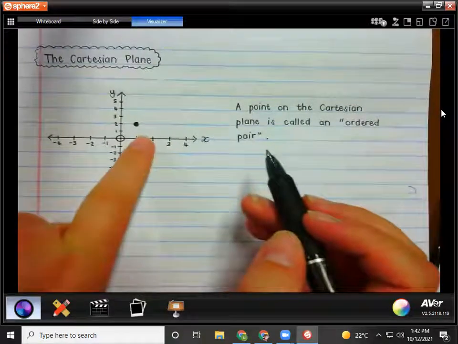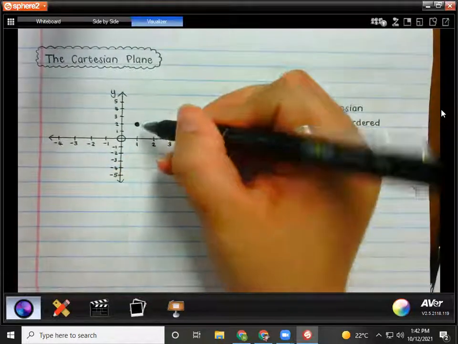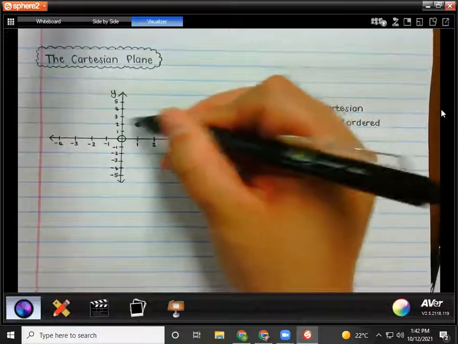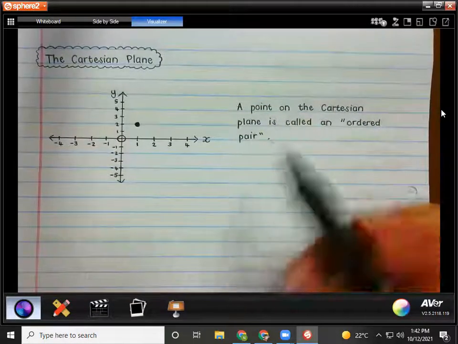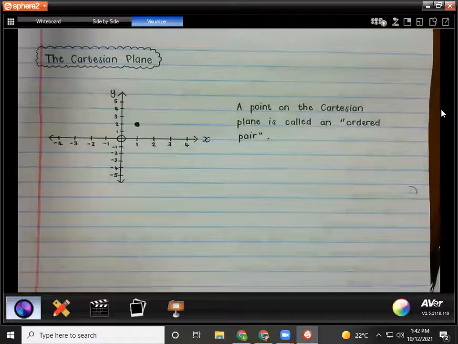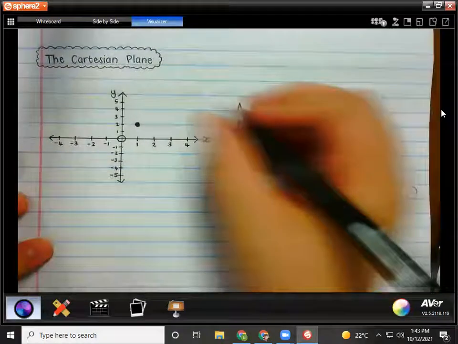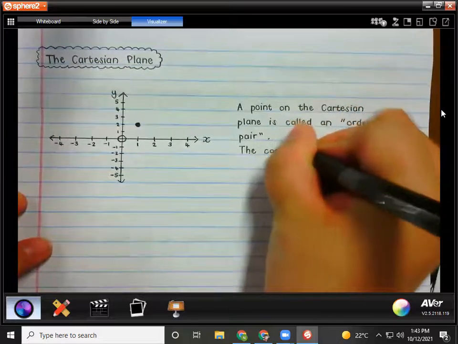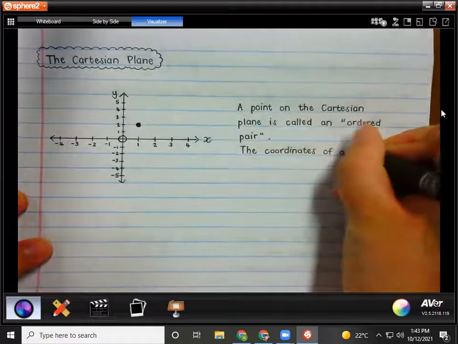If I now want to label this point, I have to write down in line with which x value and which y value I can find this point. But it is called an ordered pair because you have to state the x value first and then the y value. Okay, that's very important. That's why they call it an ordered pair. You have to work with a specific order. Okay, so we call it coordinates literally, which is what you have probably called it in other subjects as well. The coordinates of a point